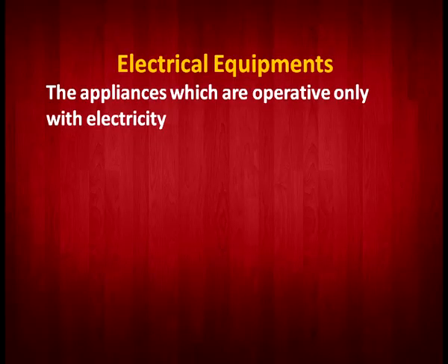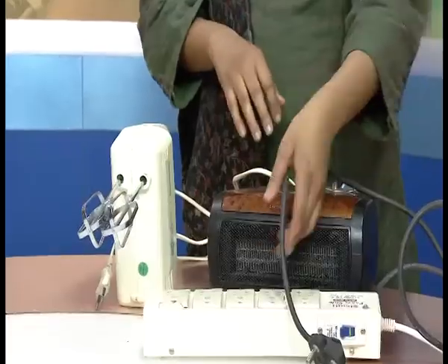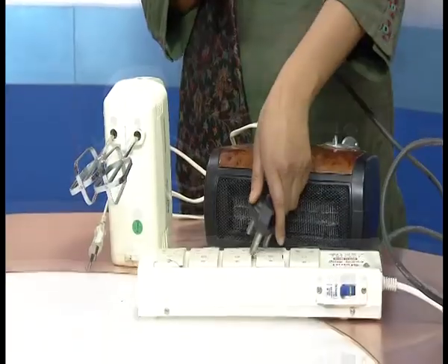So if we are talking about the electrical equipment, electrical equipment are the equipment which we use by using electrical energy. For example, you can see this blender. These are electrical equipment which will function only if you provide them electrical energy. Similarly, we have one more thing, like the blower. This will also need to be plugged into the socket so that the electrical supply can be supplied to it. So now we will move to non-electrical equipment.